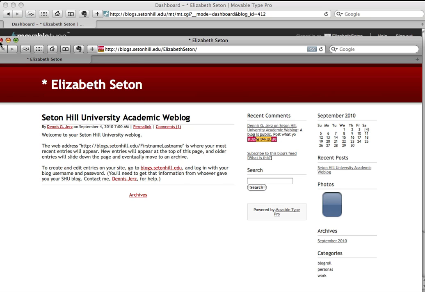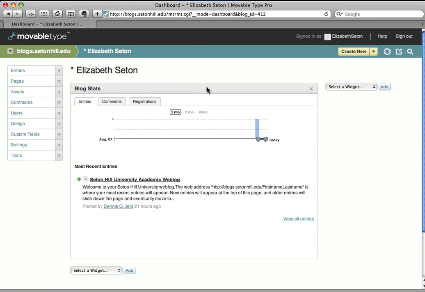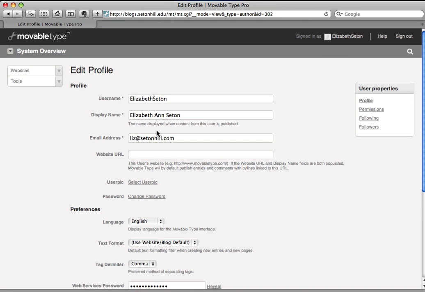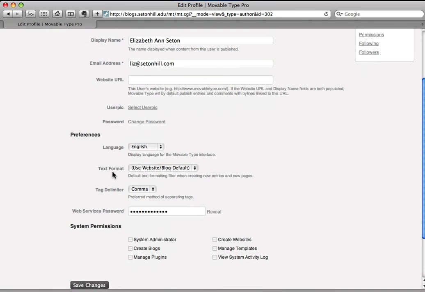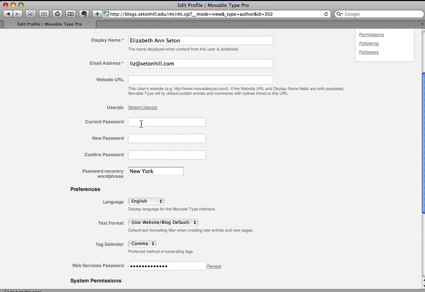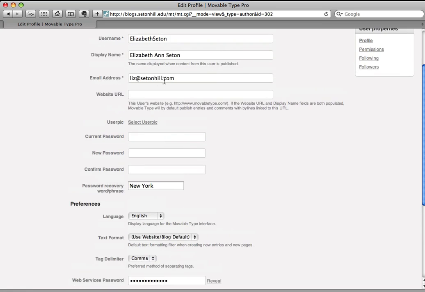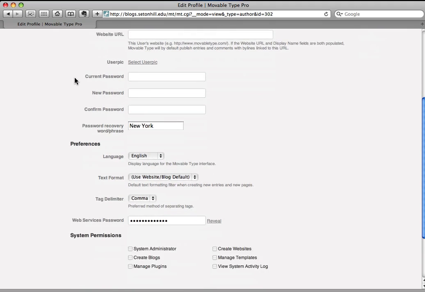I'll just close this window. We're going to go back to the editing page. I will take you, however, to this page. Your first time that you log in, click on your name and make sure that you click on change password, because I will have given you a default password. You should change that. Also, add your real email address here, whatever email address that you follow along,